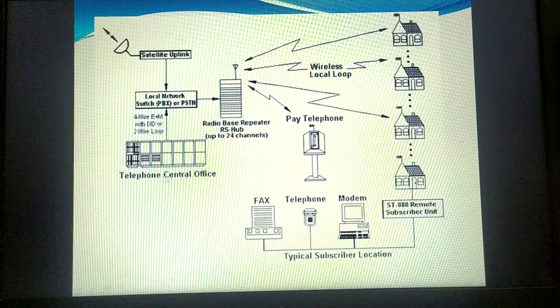You should know why the wireless local loop is used. It is used to serve subscribers at homes or offices. For that reason, we are using the wireless local loop. Now I can show the slide also. See, the connection between your antenna and your home is nothing but the wireless local loop. I hope this WLL is clear enough. You just need to understand where it is used and why it is used. That's it.